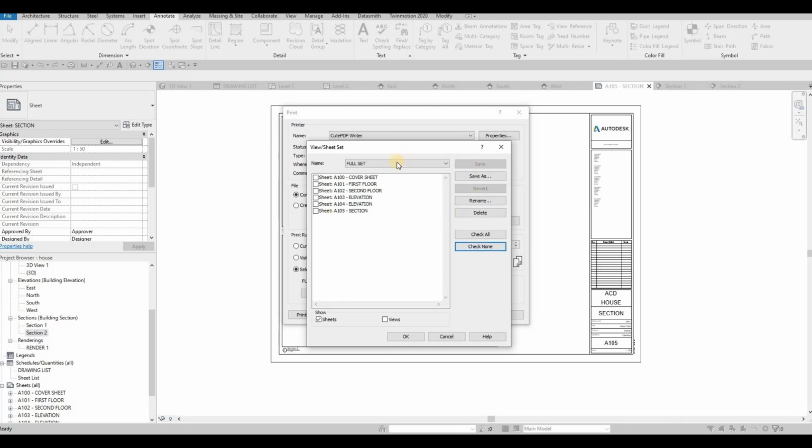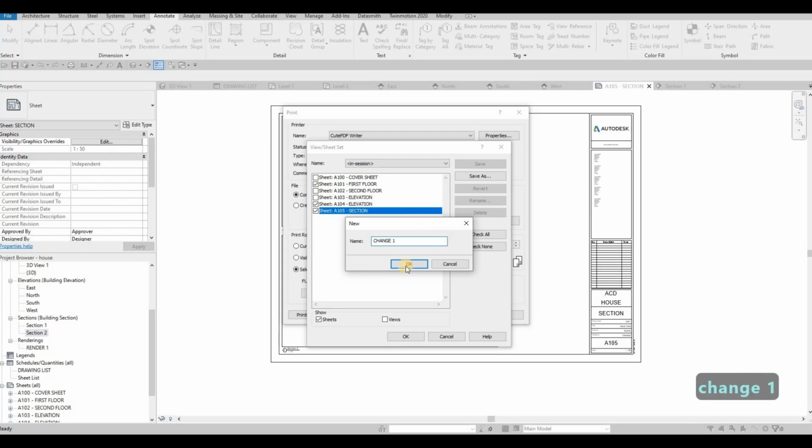So here you'll be able to create a preset. So for example, you want a full set, check all and then save. For example, you have another one, like for example, go to in session, and then for example, this is change number 1 only. You can save as